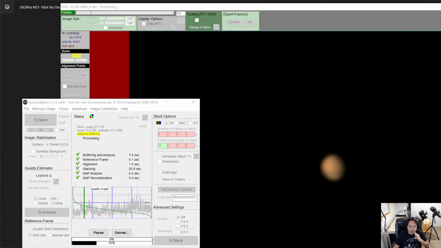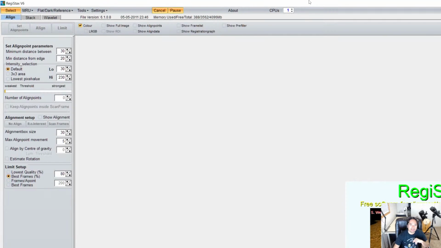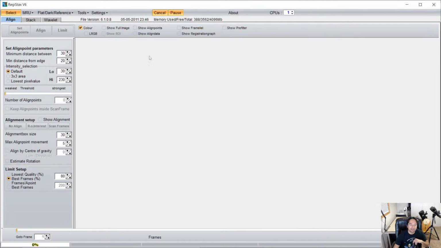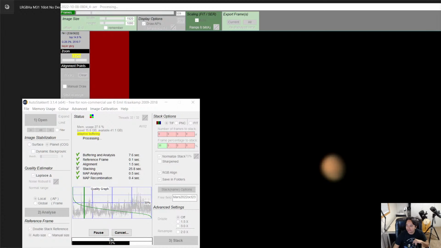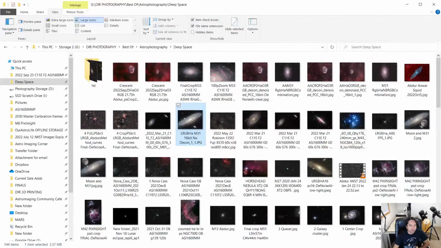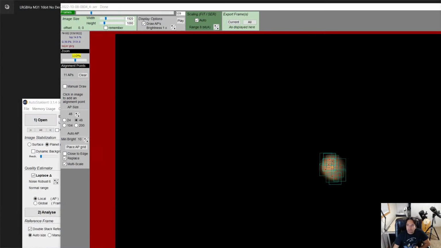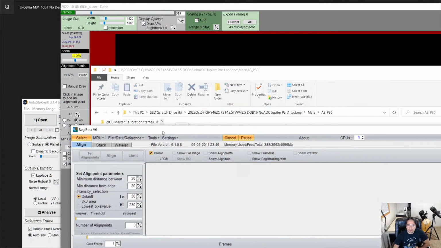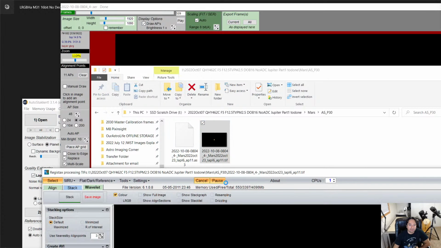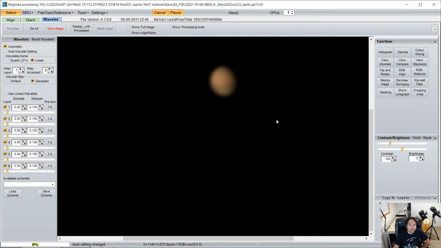And then the software I use for sharpening these images once AutoStacker has stacked it is this one over here. So Registax, and then I'll just drag and drop that resulting image into Registax, and then we'll see what we get. There we go. It was this image over here, and here's Registax. I'll just drop that into Registax, and now we can sharpen the image a little bit to see what detail